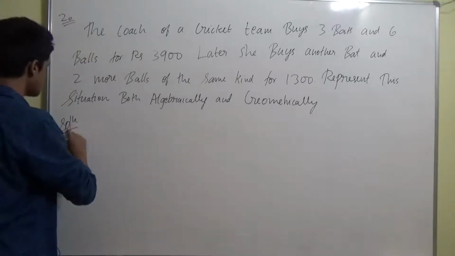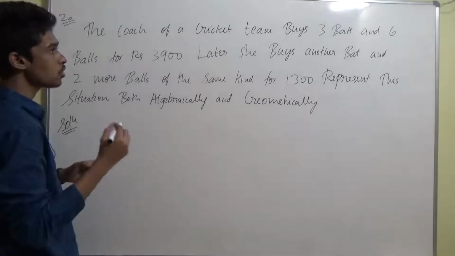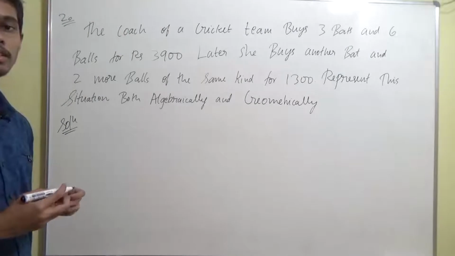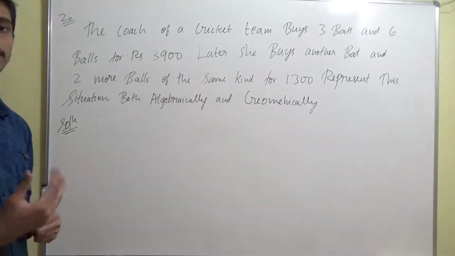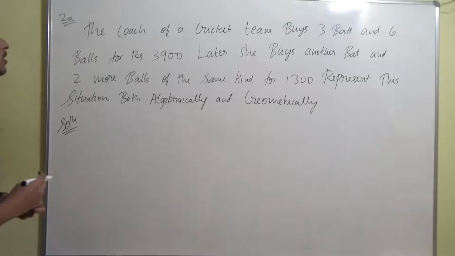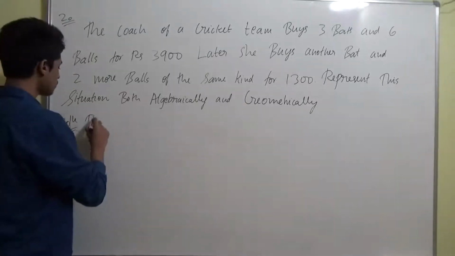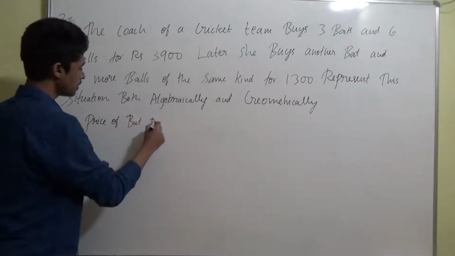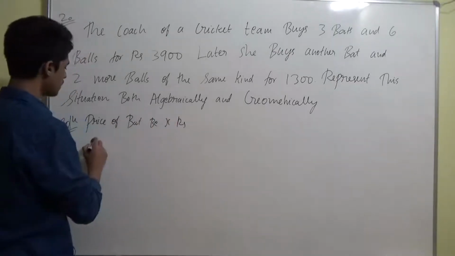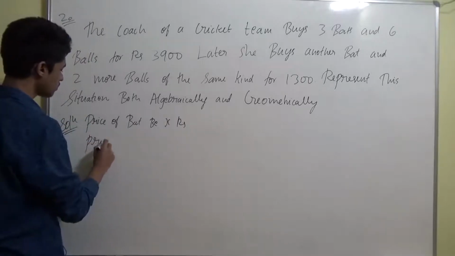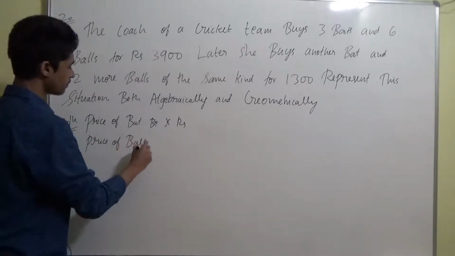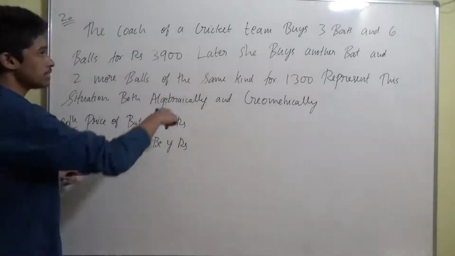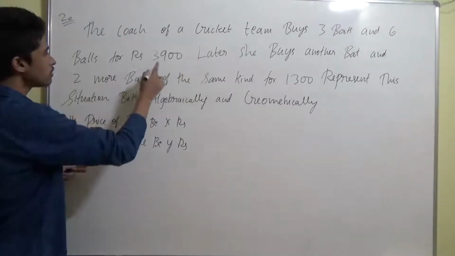Solution. Let the cost of 1 bat be x rupees. In the last question, like how we assumed the age of the father to be x years, here we are going to assume the price of a bat to be x rupees, and let the price of a ball be y rupees. Now forming the equation, it will be 3x plus 6y equal to